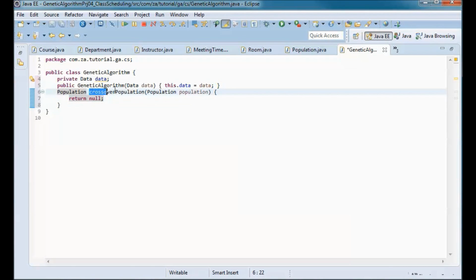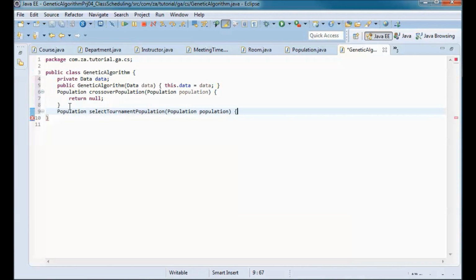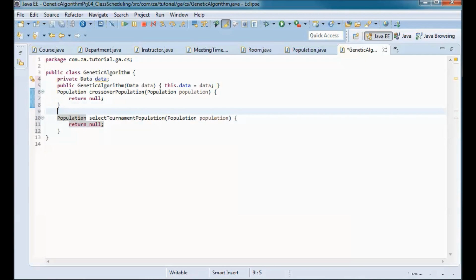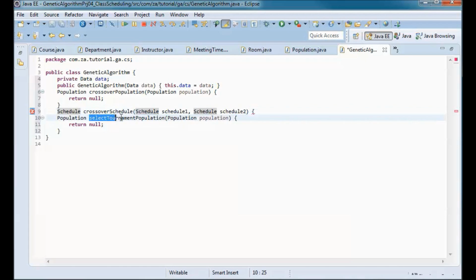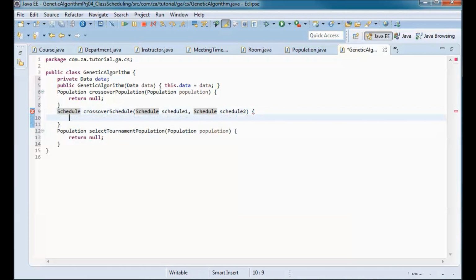And this method will use tournament selection in order to select two schedules to do crossover on. For now let's return null. And this method does the crossover of those two schedules that are selected here, and it would return a crossed over schedule, but for now let's just return null.